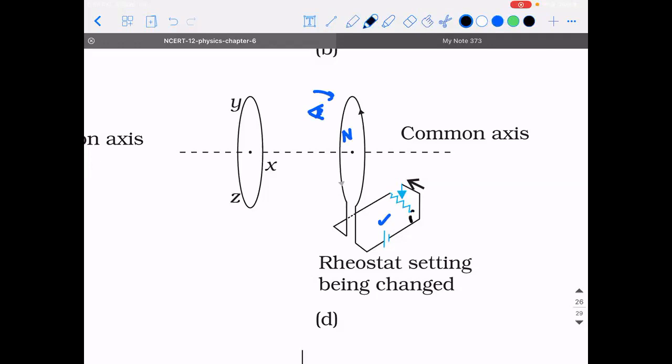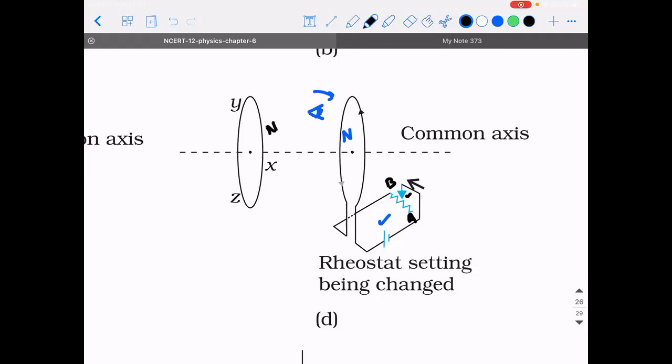So, had the arrow mark been at point A, then maximum resistance would have been introduced. And it is being moved towards a point of lower resistance. So when they are moving it towards lower resistance, they are increasing the value of current. Lower the resistance, more is the value of current. More is the value of current, more will be the value of magnetic field. So more is the value of magnetic field, what will get induced?